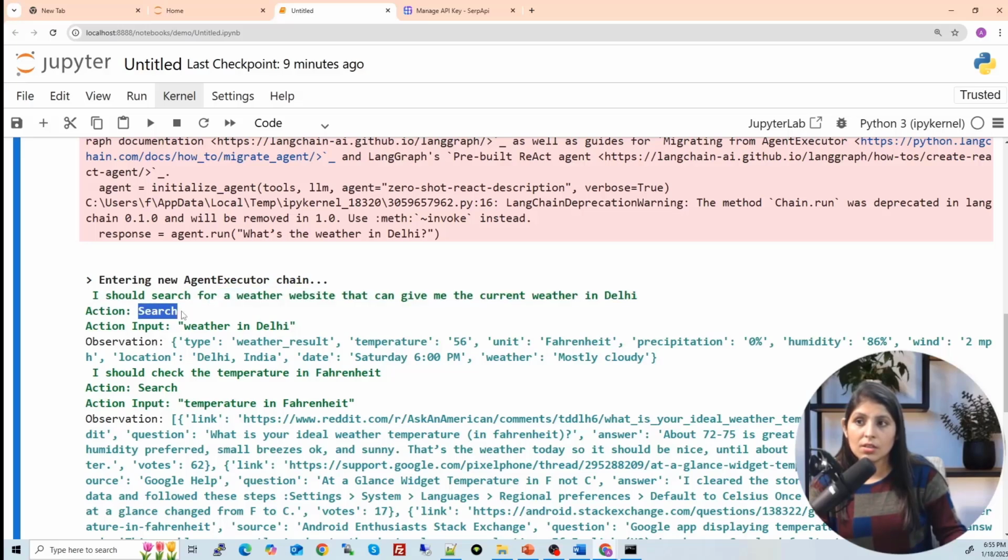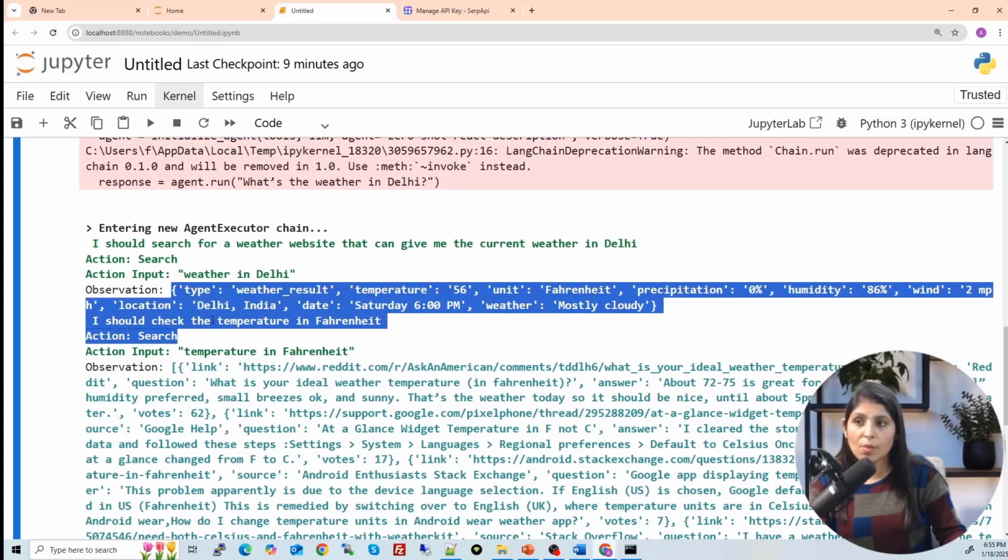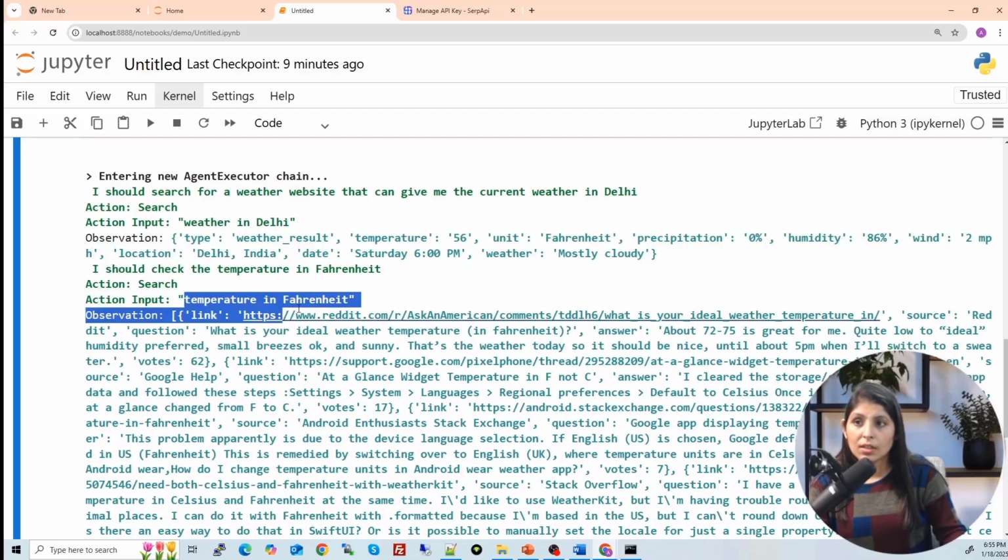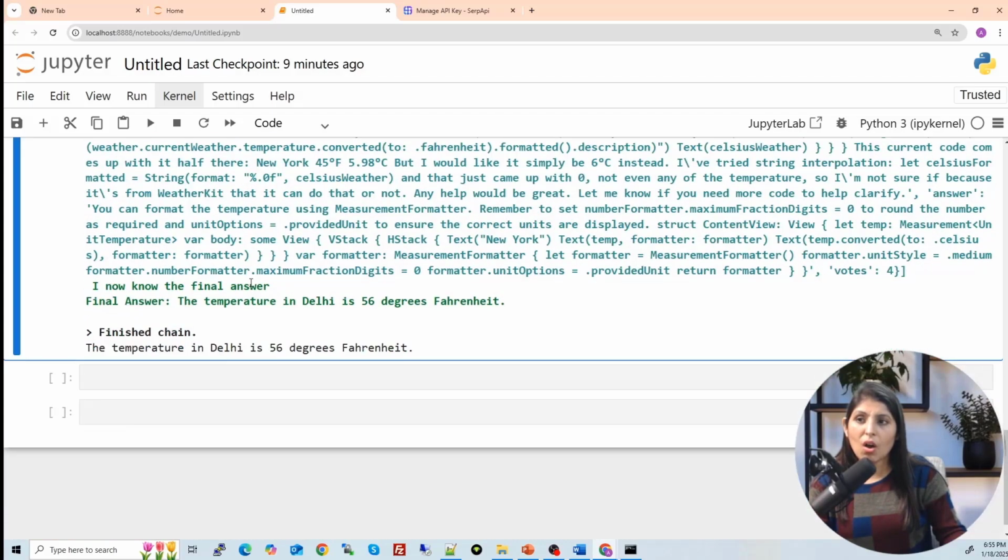Then action: search. What is the input to that action? Weather in Delhi. Then this is the observation. Then temperature. You can see all that process over here. And lastly, I know the final answer. Final answer is this, and the chain is finished. So this is the reply by our LLM model at last.